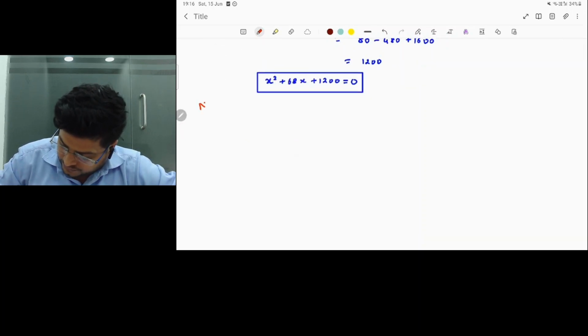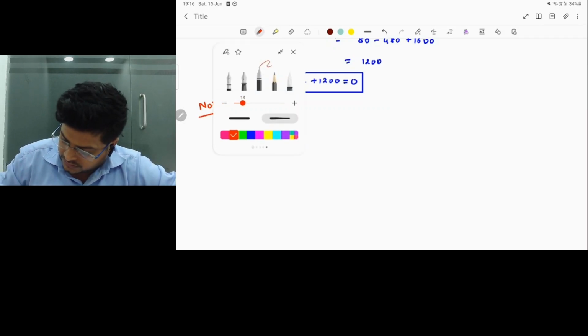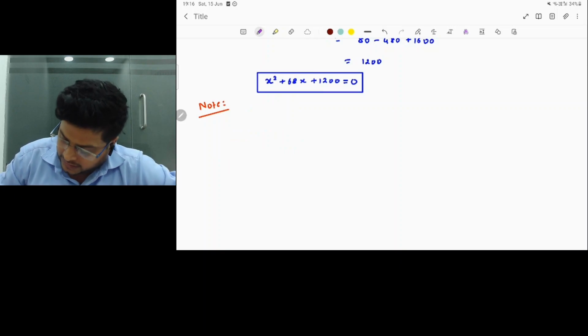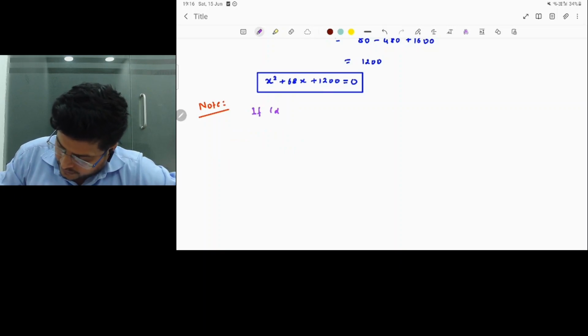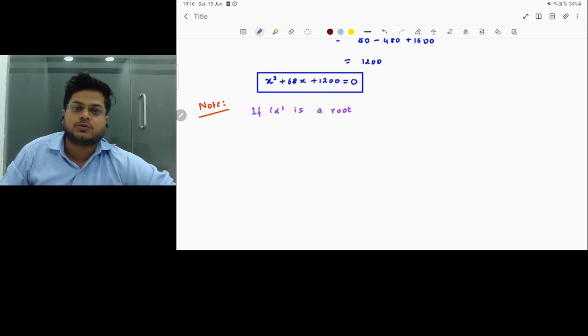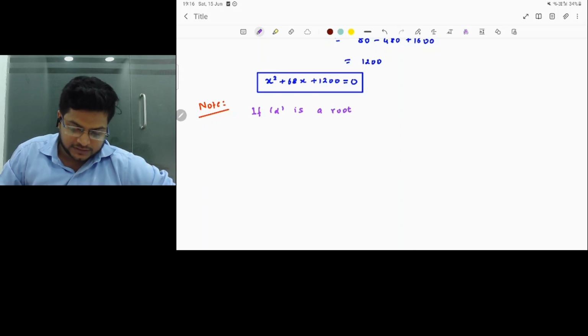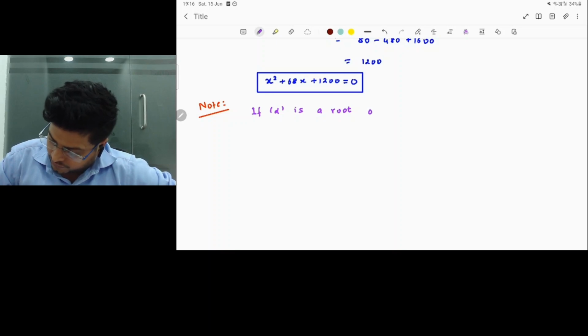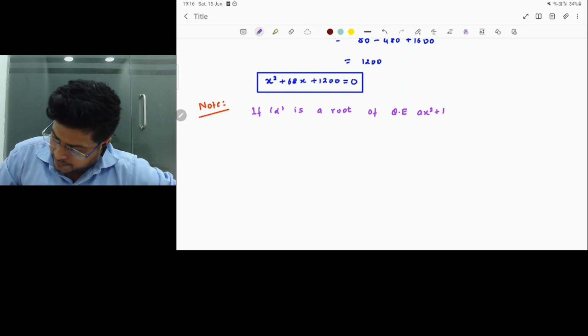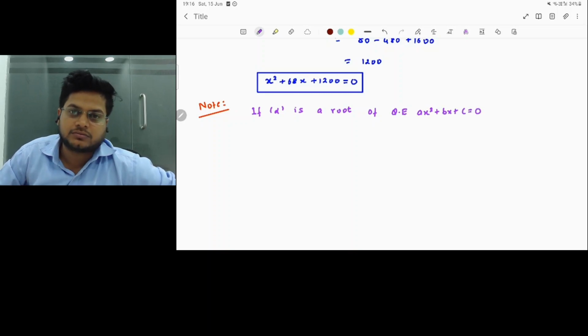Note. What it says is that if alpha is a root of quadratic equation ax square plus bx plus c equals 0,